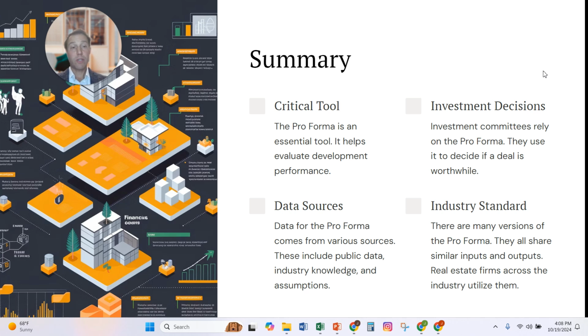Even though they all have similar inputs and outputs, they may vary. You will find that there may be a dozen to 20 different investors looking at the same property and question why one would proceed with this investment rather than the other 20. That's because they're all putting in different data. They're making various assumptions of what they could either build the project for, what the sales would be, or the rental income would be